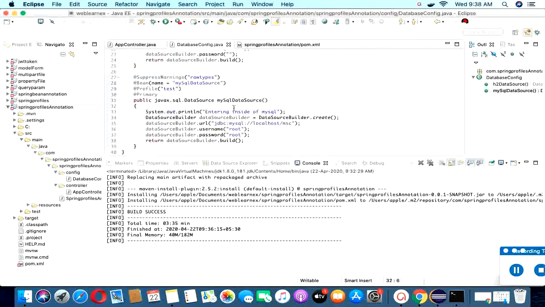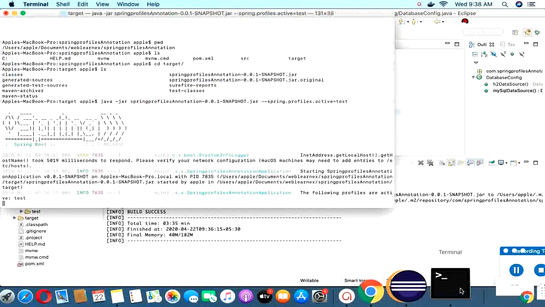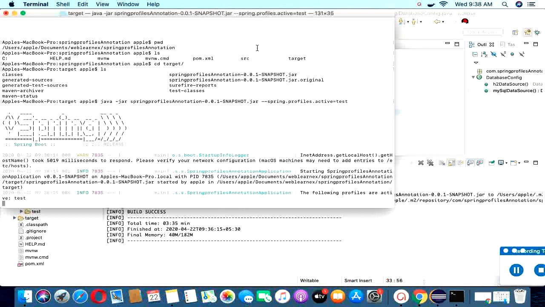You can observe one thing here. When I deploy to the test environment, I pass one default message, "entering inside of MySQL". This message appears once the deployment is successfully completed.